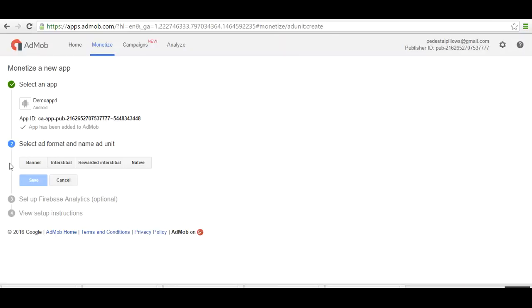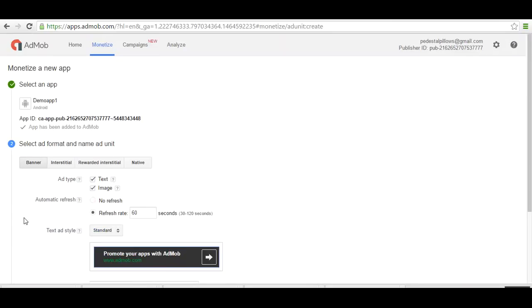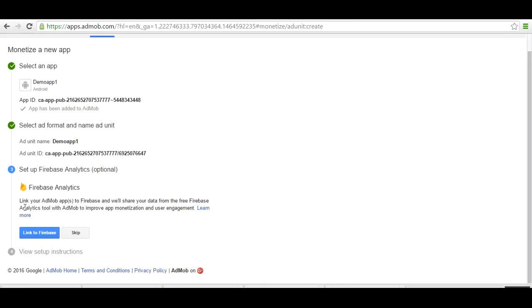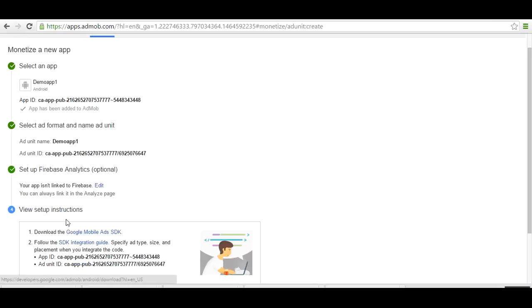Now create the IDs for two advertisements. One is the banner ad. So select banner ad. Write the app name. Skip this.